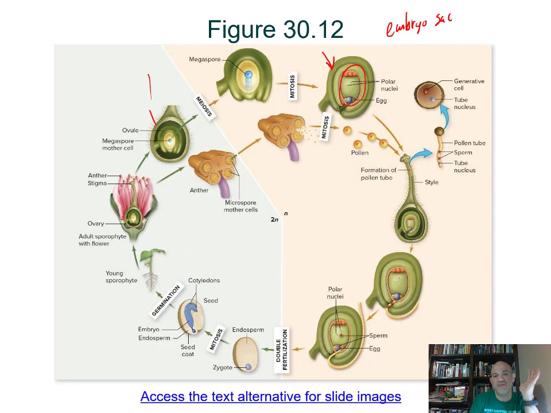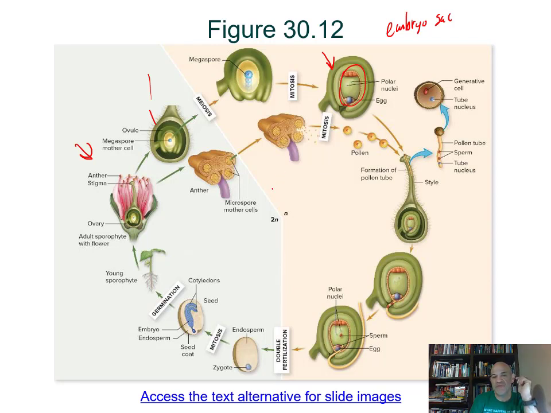This is all that the gametophyte generation is. All of the structure on the outside, those integuments, are from this generation of sporophyte. All of this is happening within the parent plant. So these are cells from that, and then this is the gametophyte generation housed within it. Okay, so there's your female gametophyte. Now we've got to go into the male gametophyte, which is going to be the pollen grain,